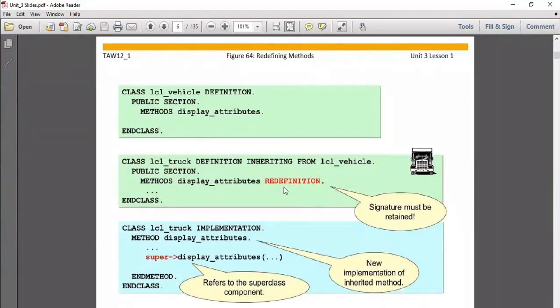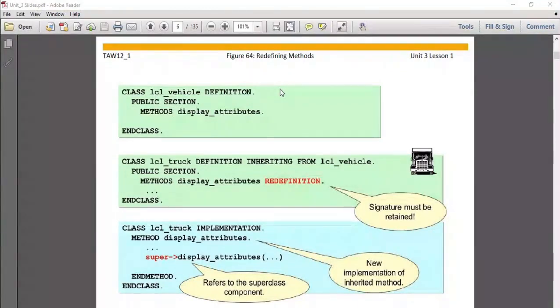Now suppose you make the object of the derived class and want to access the method of the base class. How can we access it? Suppose we have one class and you want to call a method of that class. Firstly we define the reference variable, then we create the object, and then with the help of the object we call the method. Now suppose the case has changed. We are talking here about inheritance. In case of inheritance we have two classes: the first is the base class, the second is the derived class.